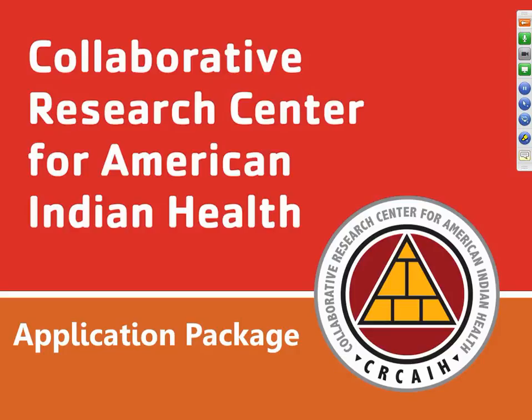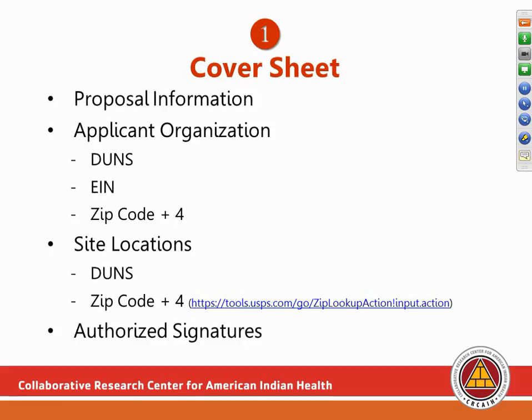So let's get started. On page 6 of the RFA, the formatting requirements are stated there. We follow the federal guidelines. On the cover page of the proposal, the title must not exceed 200 characters, and that includes spaces between the words and the punctuation. And then you need to check mark whether this is a new application or a revised one. And be sure to include the last date it was submitted.